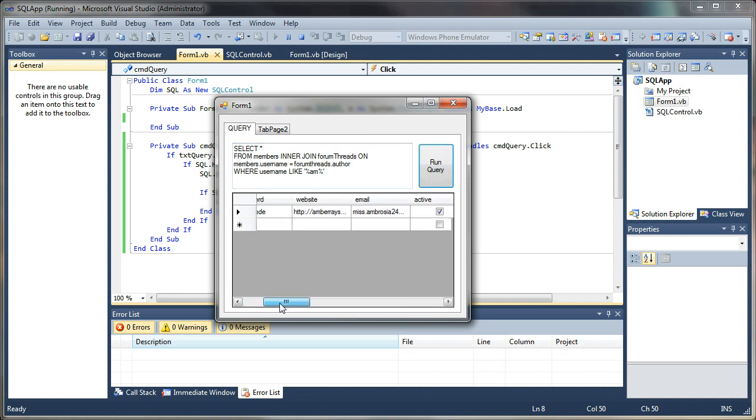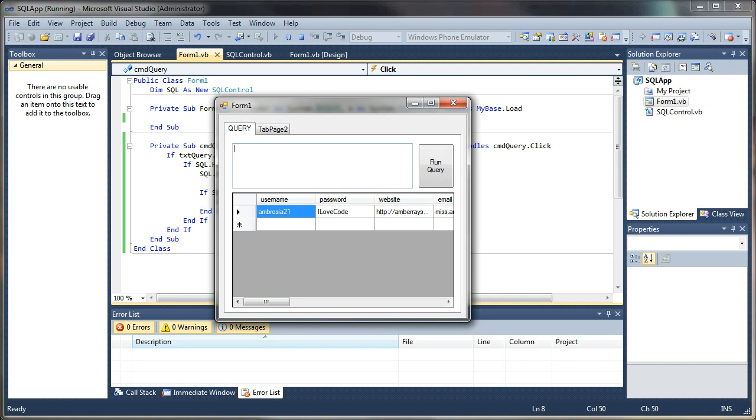Look at that. So it picked up one thread in our discussion forum, wherever it found this user as being an author in that forum. So it works great. Okay, so that is how you query the database